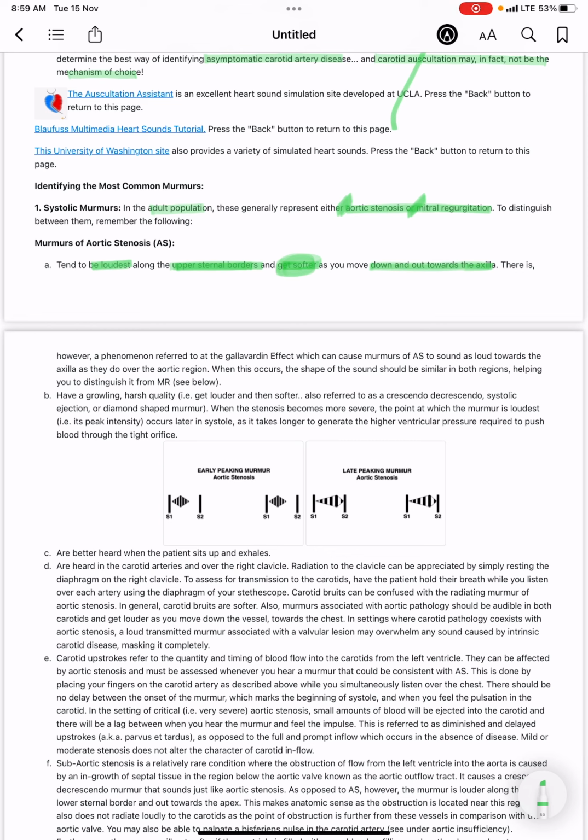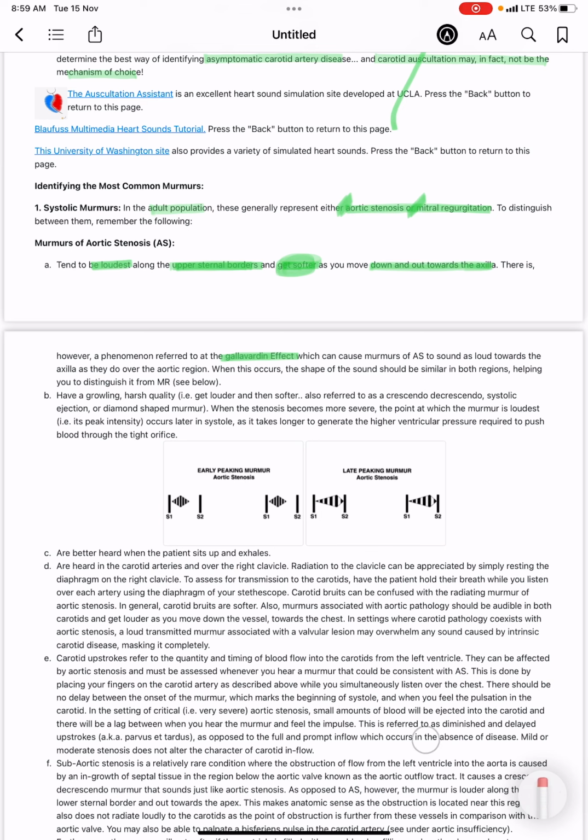There is, however, a phenomenon known as the Gallavardin effect, which can cause murmurs of AS to sound as loud towards the axilla as they do over the aortic region. So in the Gallavardin effect, the aortic stenosis murmur will be there, but it will be as loud in the axilla as it is in the aortic region. When this occurs, the shape of the sound should be similar in both regions, helping you to distinguish it from